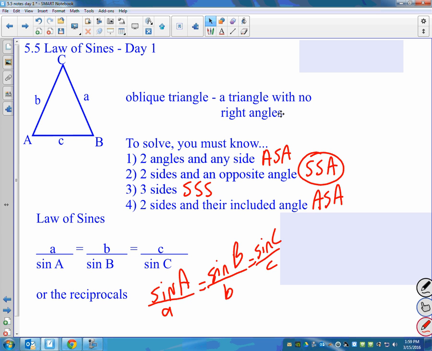For me, whatever I'm solving for, if I'm solving for an angle, I put the angle on the top. If I'm solving for the side, I put the side on top. Because